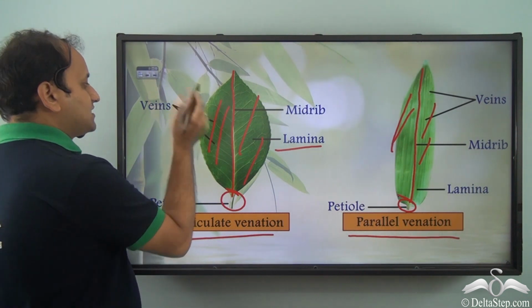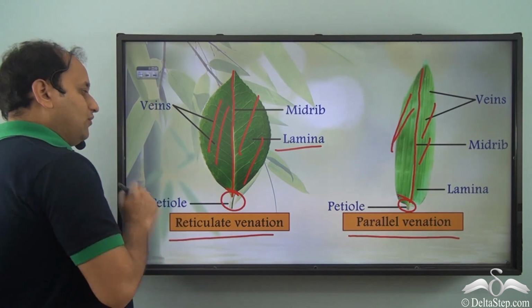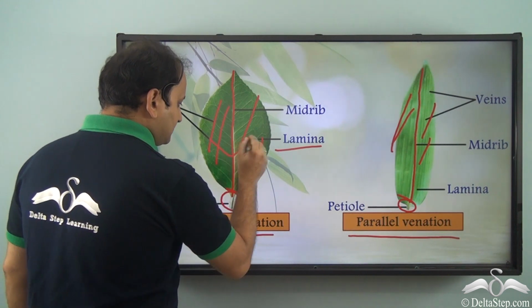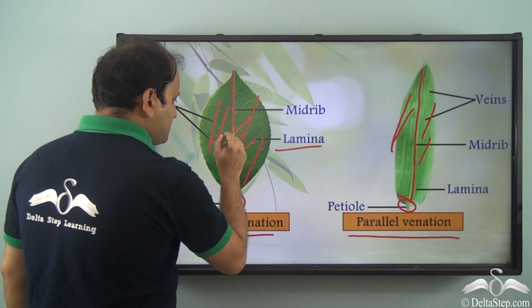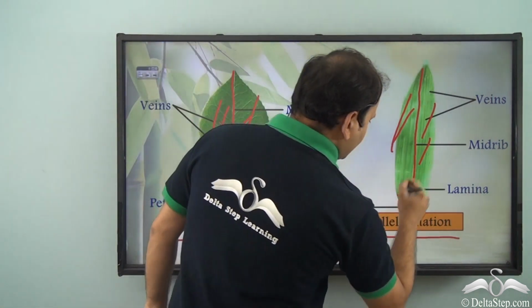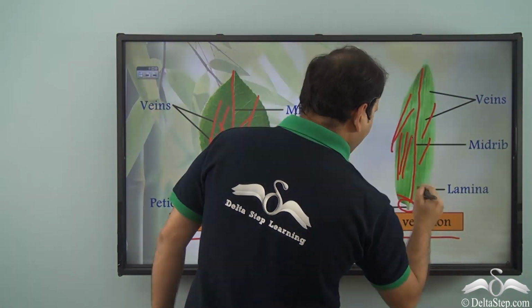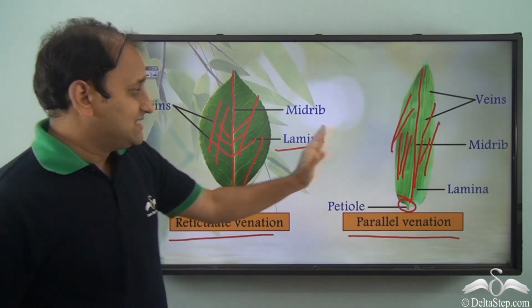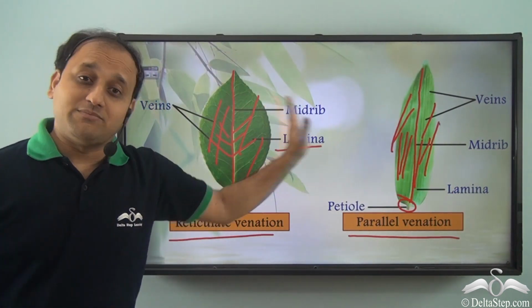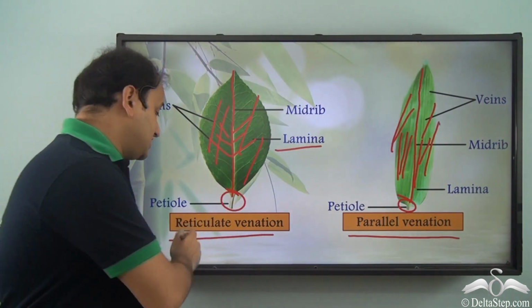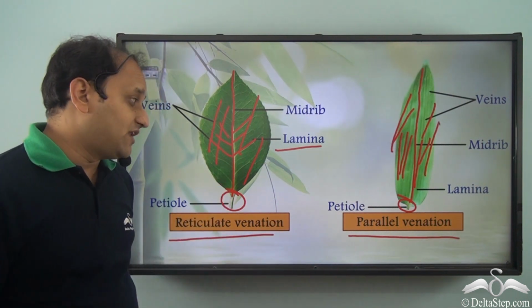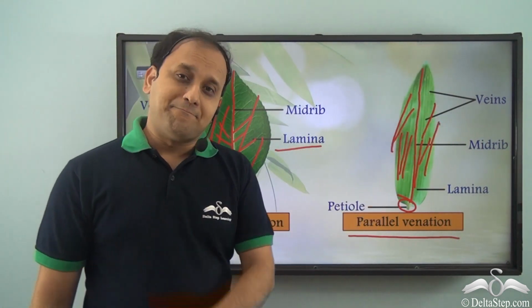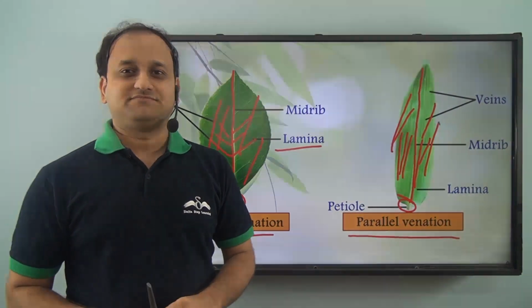And now let's come to veins. Now we have veins here, although they are branching out, but we have veins. Similarly, here we have parallel veins. So veins are present in this too. So what do we see here? That the basic structure remains same, but venation is different. One is reticulate venation and the other is parallel venation.